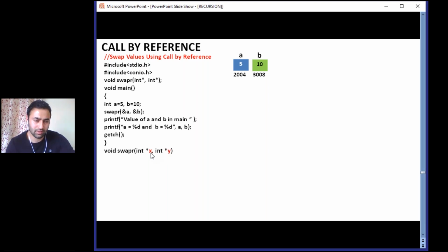But you remember, if you have written here a and b, this a and b would be different from this a and b. Okay, so just ignore this now. We have declared here x and y instead of a and b. Okay, we can also declare a and b. There is no problem. Okay, so see, when you write here x, okay, this is a pointer, asterisk x. So now it will get the value of the formal argument and a. So x will get the address of a here. So that's why it has been declared here using a pointer.